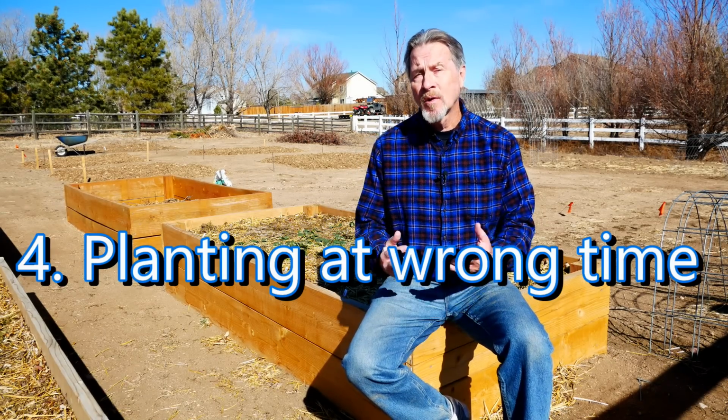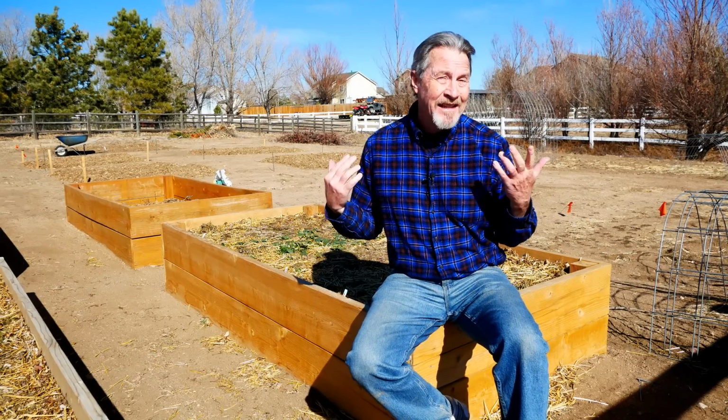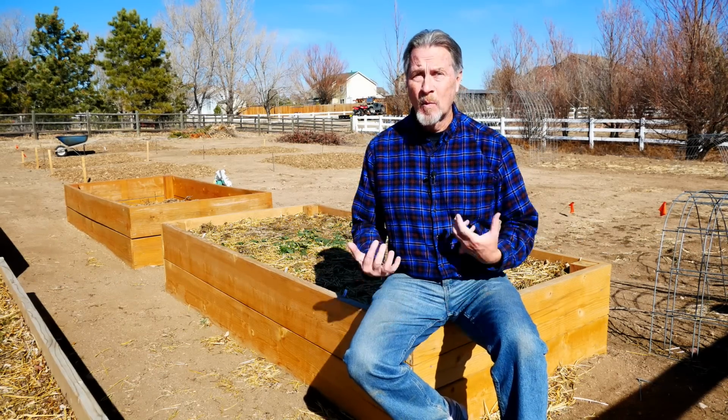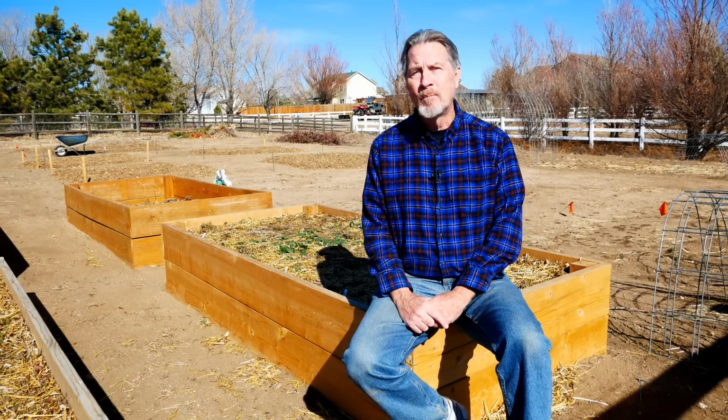The fourth common mistake is planting or sowing seeds at the wrong time. We all want to get a jump on the garden season. So in spring, when we're ready for those plants to grow, we'll often put them in the ground, even though it might not be best. If you live in an area with snow and cold and freezing conditions, you need to learn about your last frost date. If you live in those same type of conditions, you also need to learn about your first frost